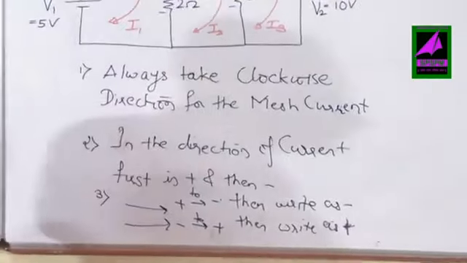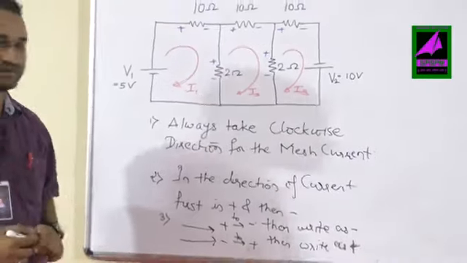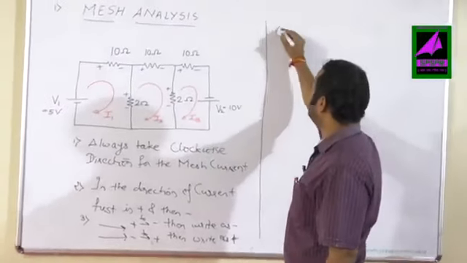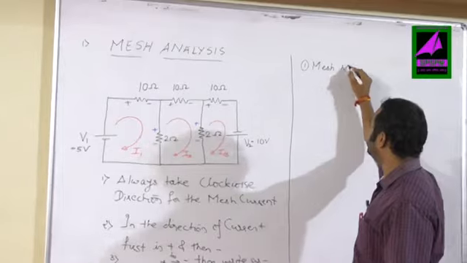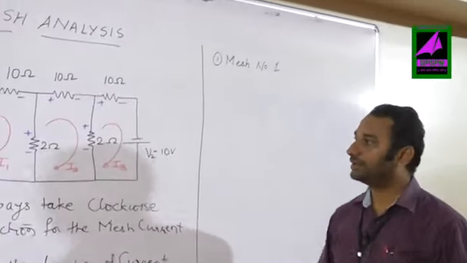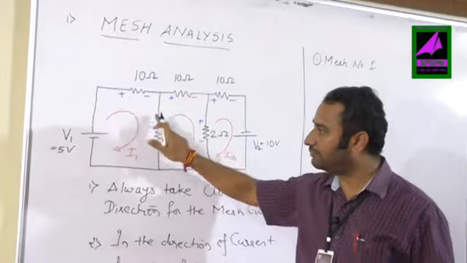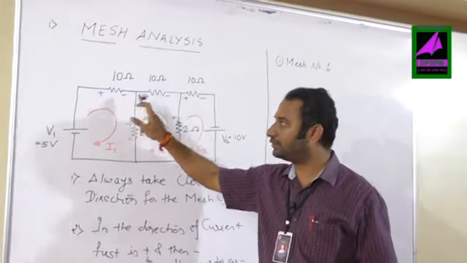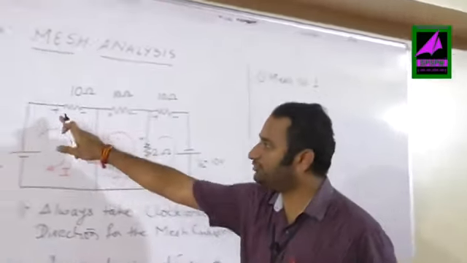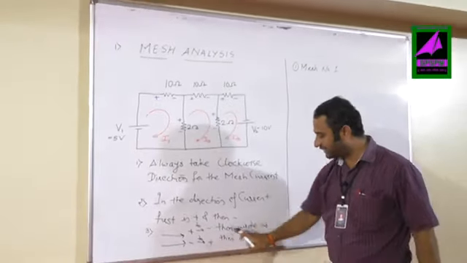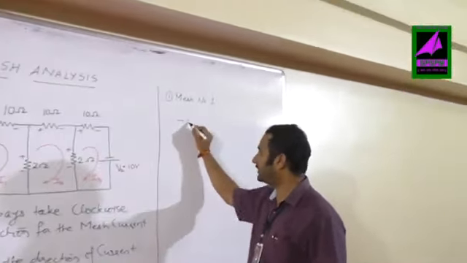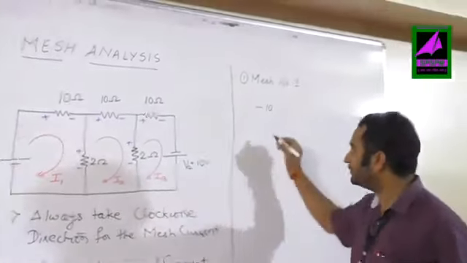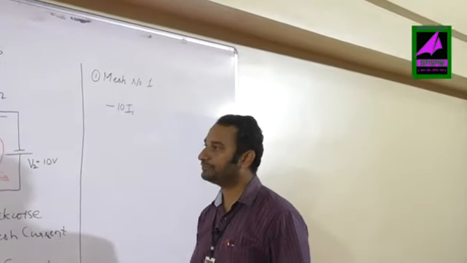So these are the 3 basic rules that we are going to follow, and accordingly we are going to write the equations. So if I try to write the equations, I write for the first mesh. For mesh number 1, I will start from one end and try to come back to this end itself. If I start from this end, I am moving from plus to minus, and I will write KVL. According to the rule, plus to minus, I will take it as minus. So this becomes minus 10 multiplied by the current, I into R. R is 10, I is I1, so this becomes minus 10 I1.